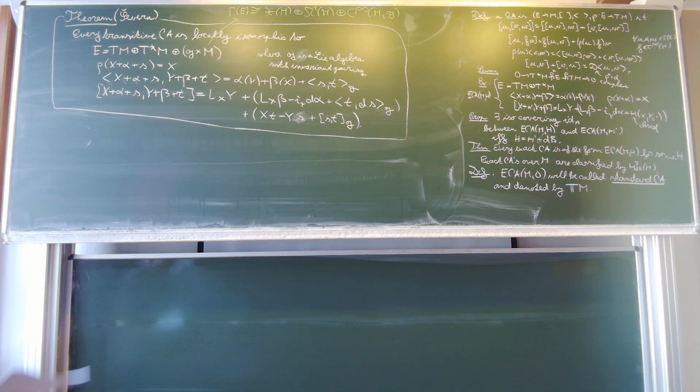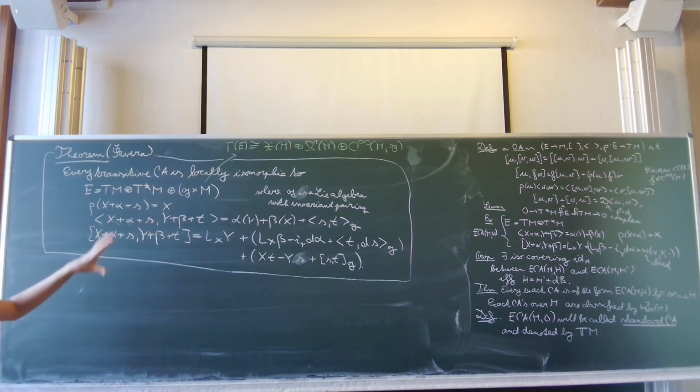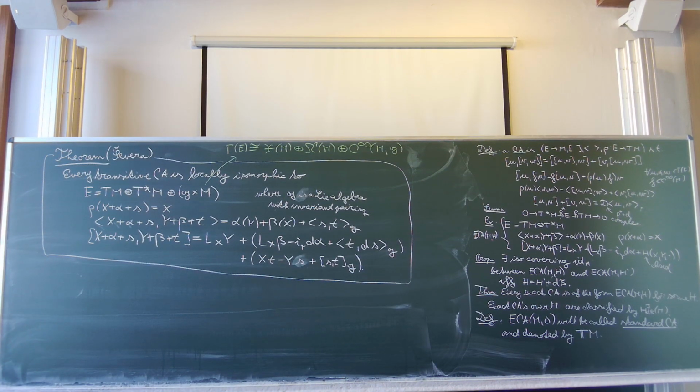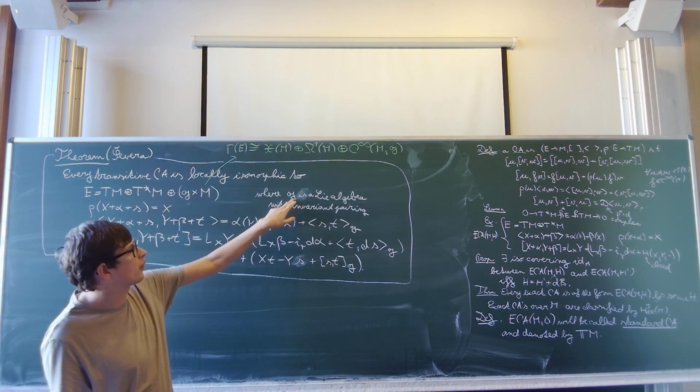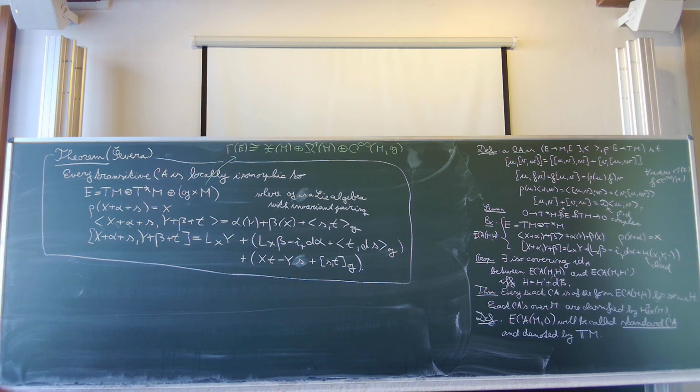Okay, so in principle you can use a different strategy than the one that we've seen before. You can study this, which is like your local model. If you're interested in what is the most general global structure of transitive Courant algebroids which locally look like this for some g, so you fix g, a Lie algebra with invariant pairing, and you're asking what is the most general Courant algebroid that I can build that locally looks like that, then one answer to that question is that you should study the automorphism group of this thing, and then the corresponding Čech